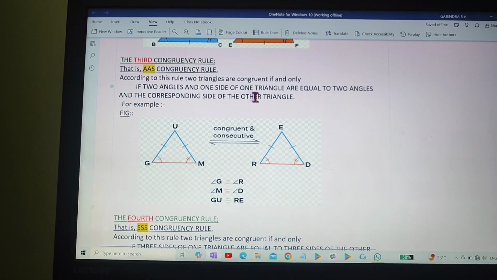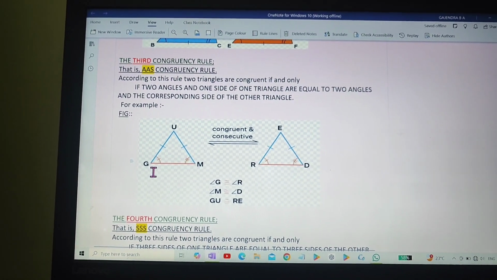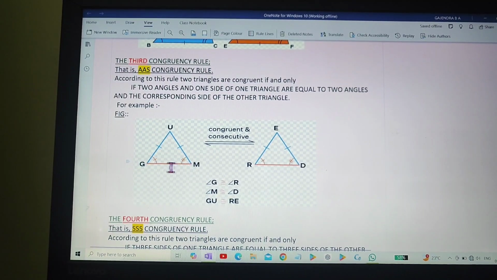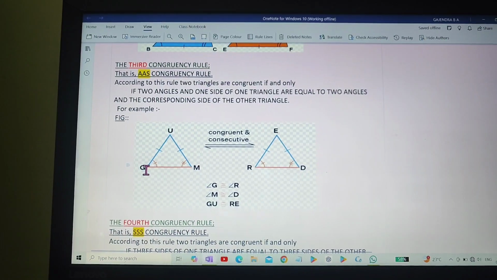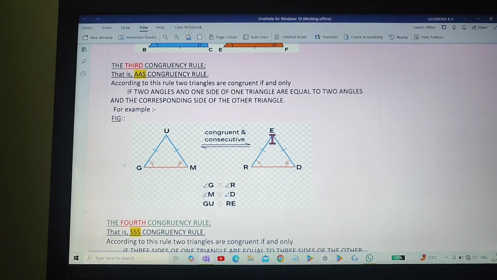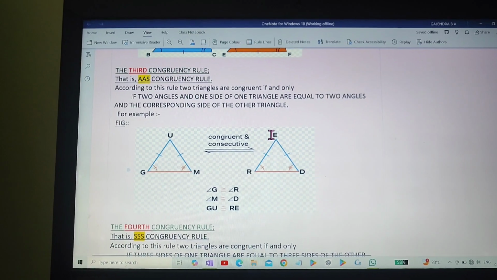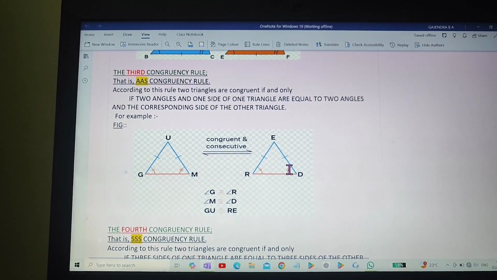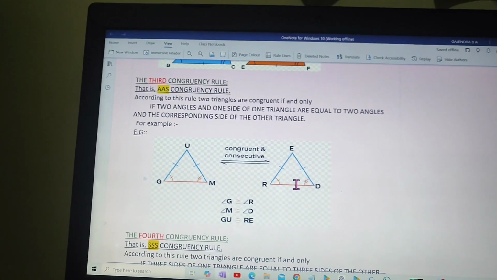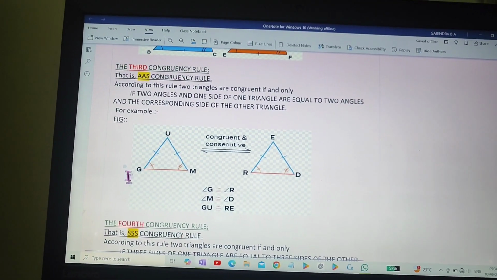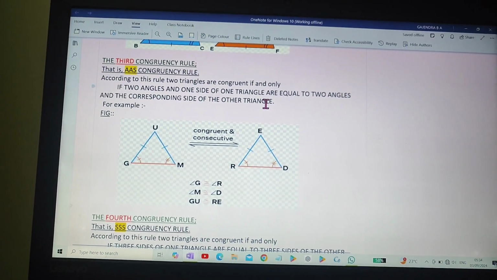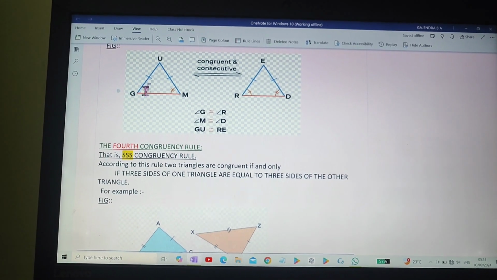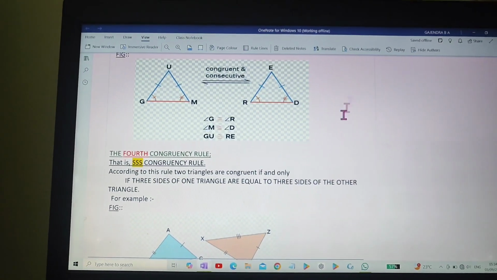Angle G and angle M are in triangle UGM, angle G is equal to angle R in triangle ERD, and angle M is equal to angle D, and line GU is equal to RE. This is said to be congruent,